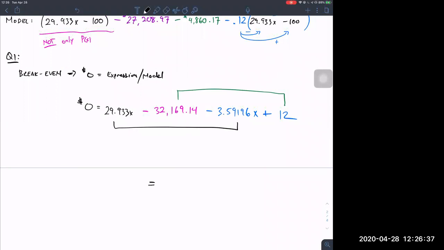That's what we're solving for. So that would be 29.933 minus 3.59196, which is 26.34104x. And then on the other side, you get